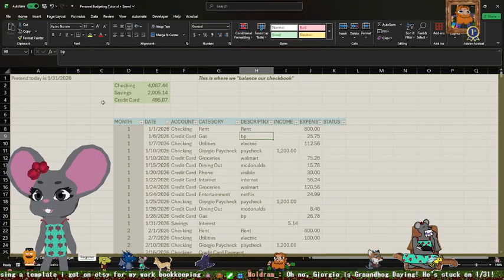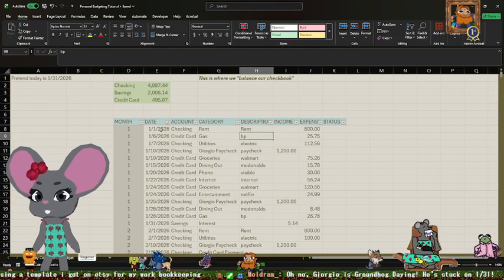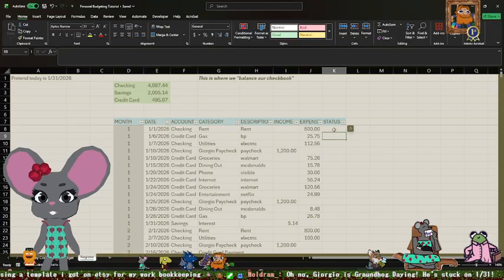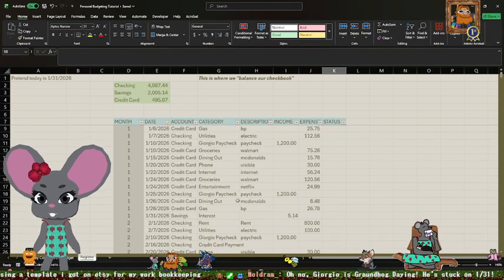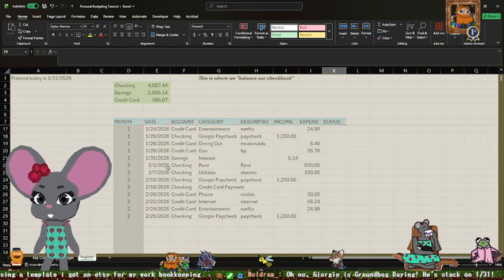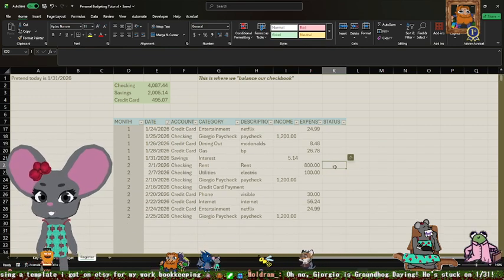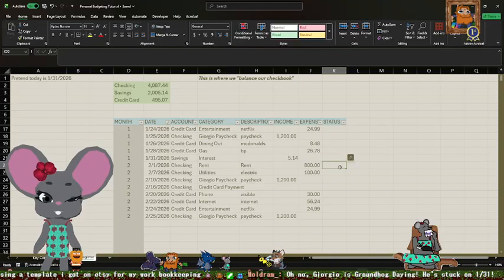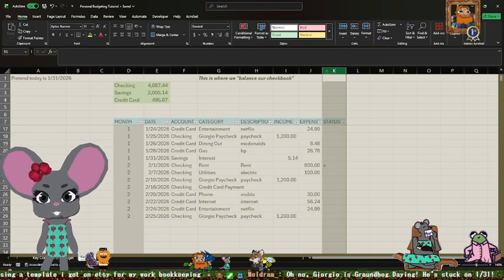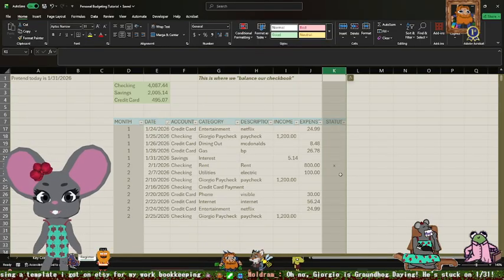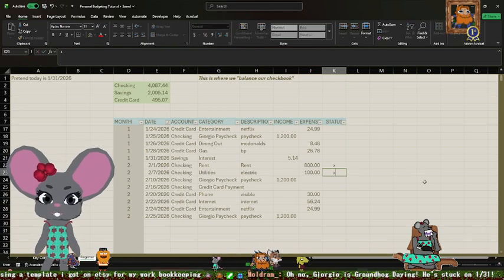So everything up to January 31st happened. So we're going to leave the status of those blank. Everything after that, we can mark with whatever you want. I use an X. Oh, I like to make that centered too. I just use an X to signify it's not happened yet.